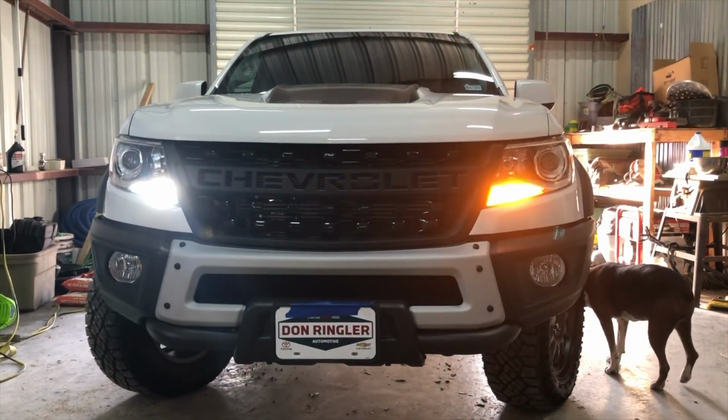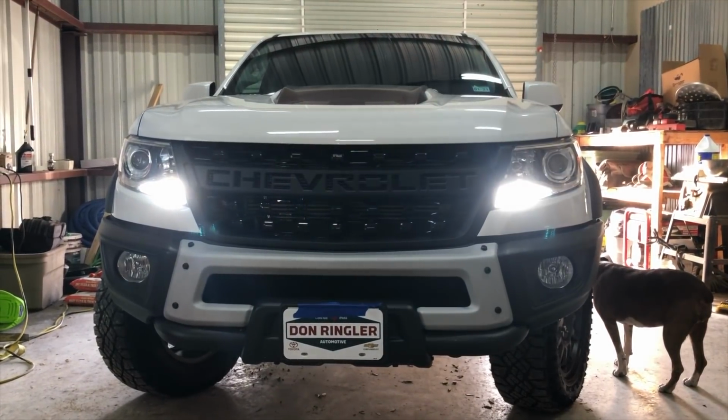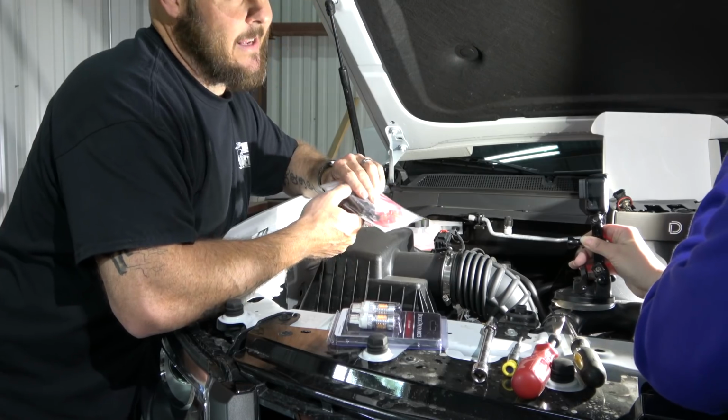Just looks really cool. I really like the way that it looks. It dresses up the front of the vehicle a lot. The next thing, once you get the switchbacks installed, you've got to have resistors, or I say you got to,